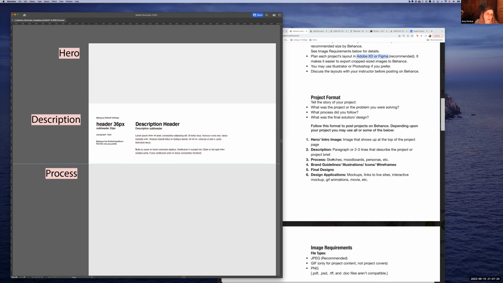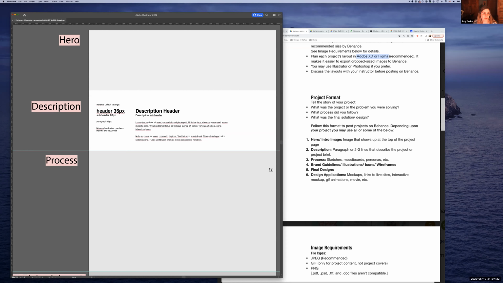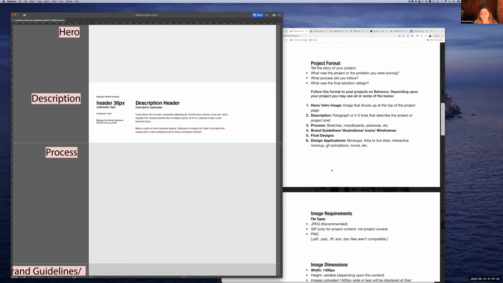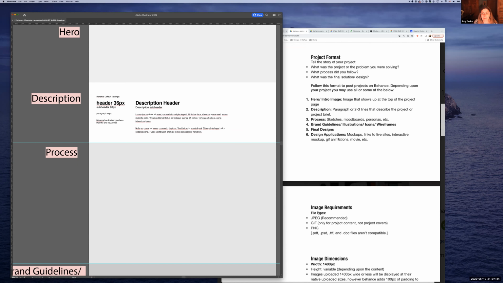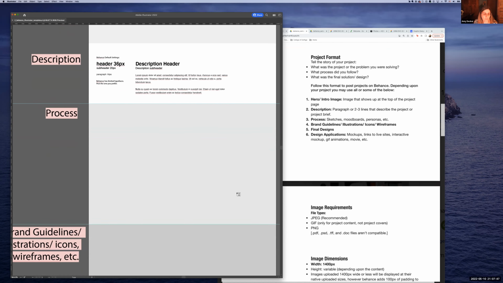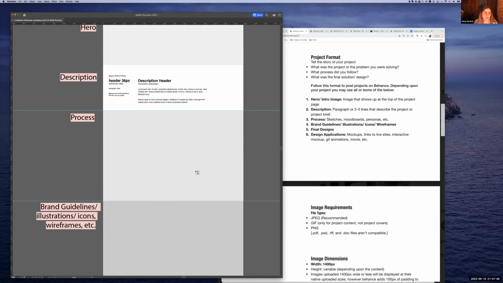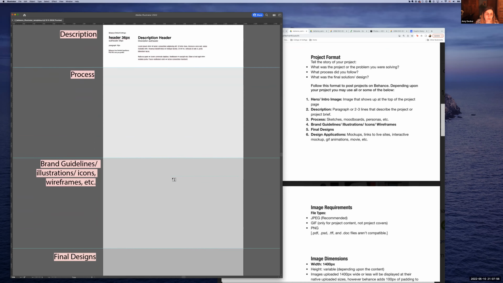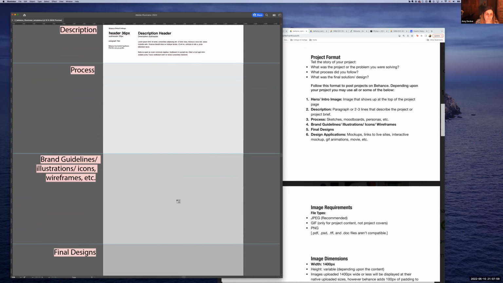So when we did in our course, you might want to include your sketches, any research you might have done, your digital roughs, your refinements, the final design, of course, and then any mock-ups. So when we're looking at it, it's all organized here. The first area is your hero, your description, your process images, and then down here, your brand, your final